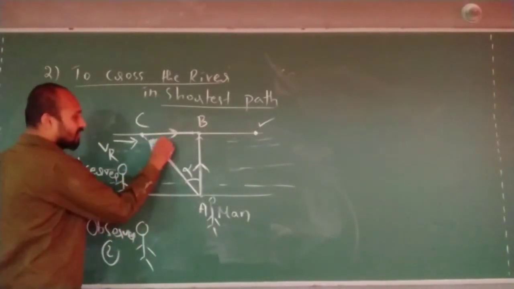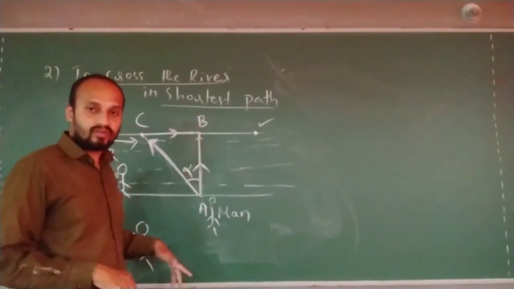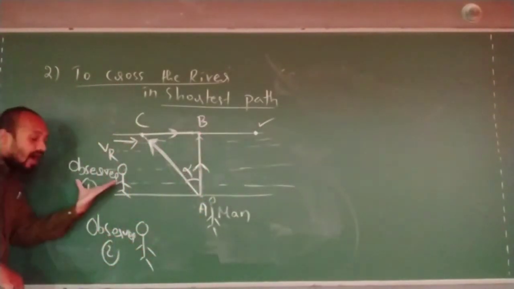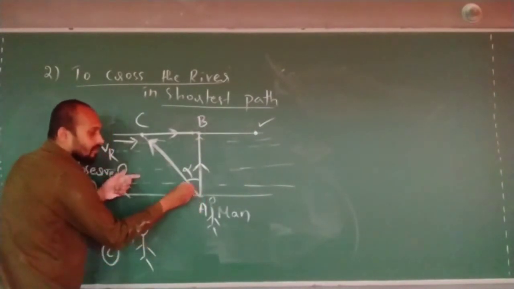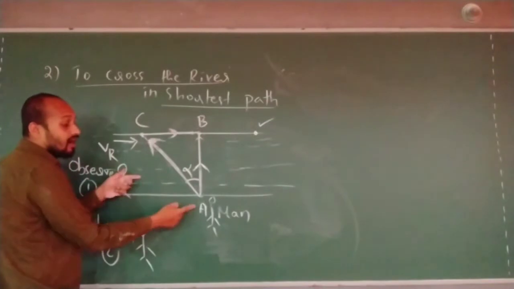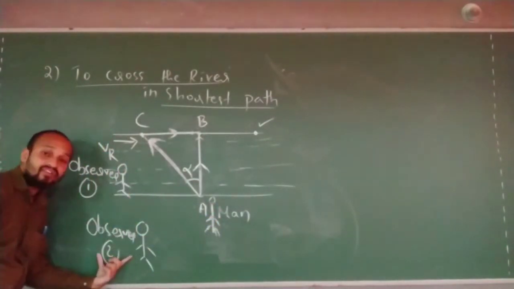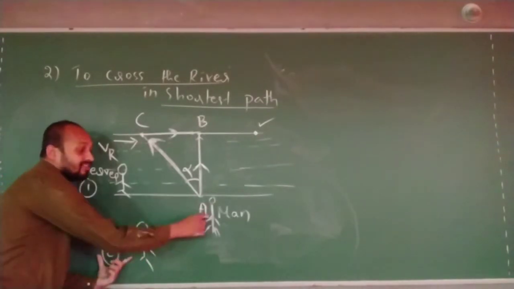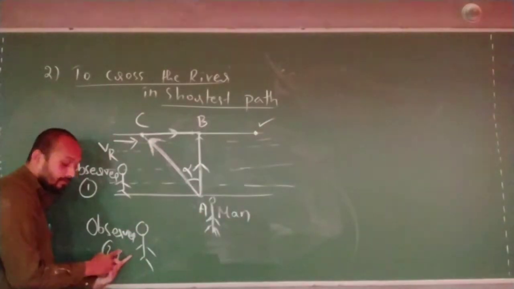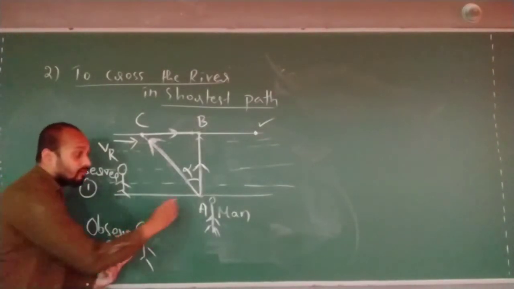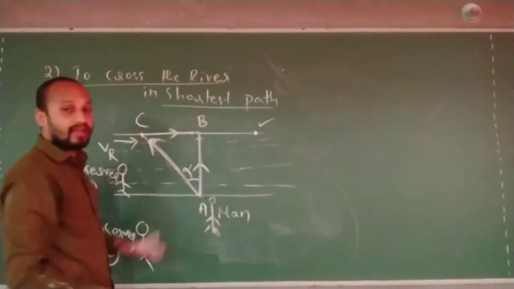Now, because you will have doubts, sir, who is moving like this? You will have that doubt simultaneously. For the observer who is in the river, the motion of the man will be like this. The observer who is on the ground, if he sees the man with respect to the river, sees him moving like this. But for the person observing from the ground, the displacement will look like this.